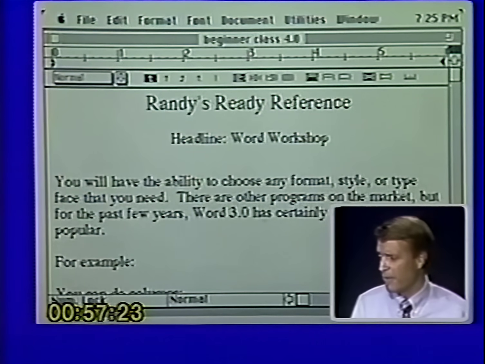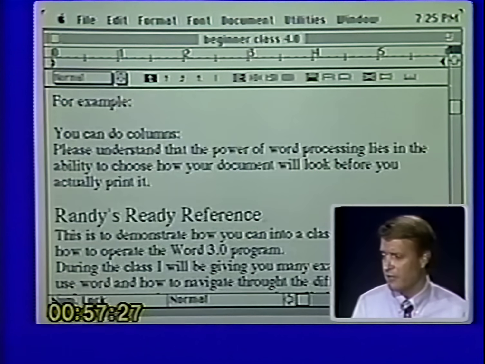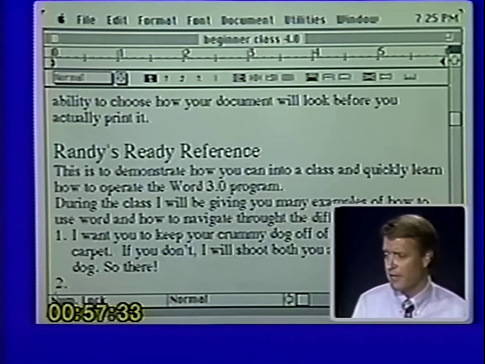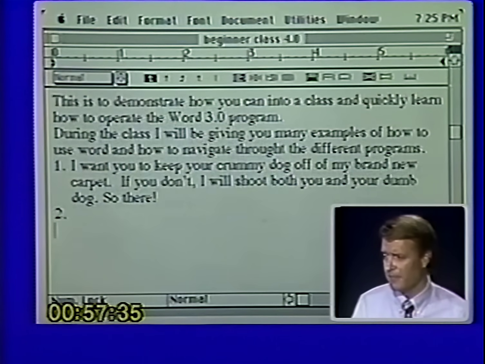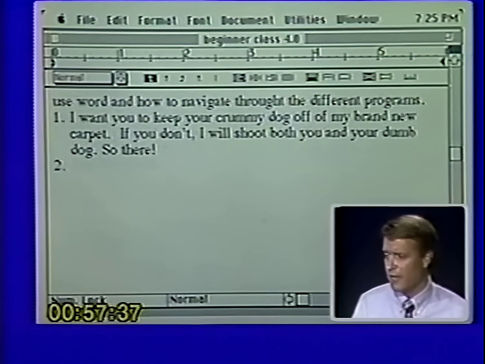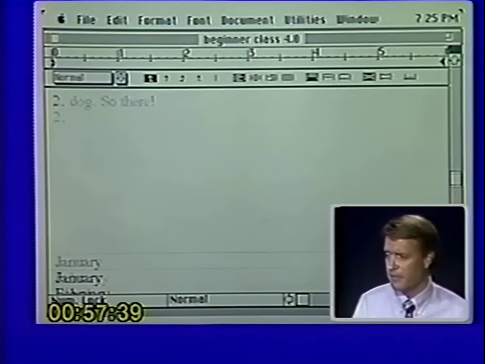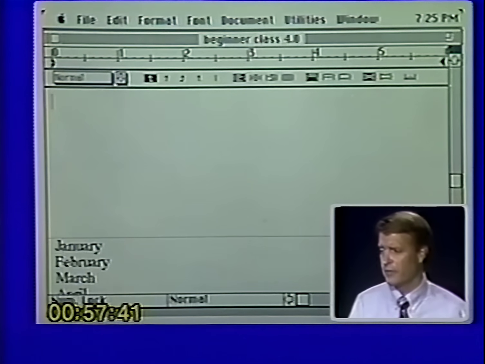In the new program 4.0, they made some dramatic changes, and most of those dramatic changes you will see in our advanced class. Two of the most dramatic you will see in the basics class, and one of them's coming right up, and that's when it comes to making tables. So I will show you both the old way and the new option for doing tables. So let's go through setting tabs first of all.